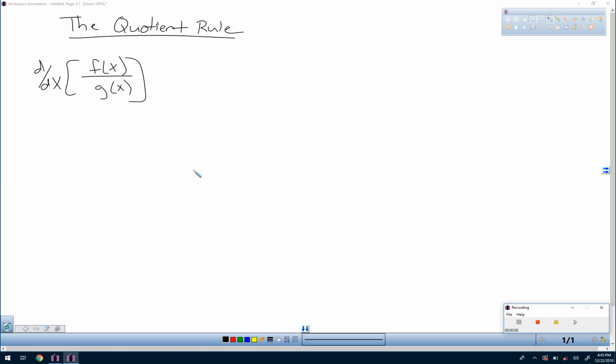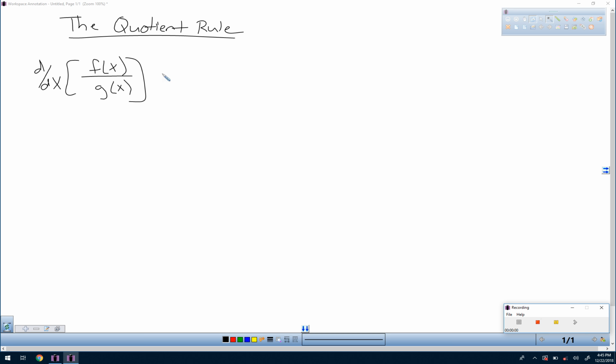All right, for this lesson, we're going to look at another very important differentiating toolkit, which is the quotient rule. Whenever you have a function divided by another function, how do you find its derivative? So in other words, if I wanted you to find the derivative of f of x divided by g of x,